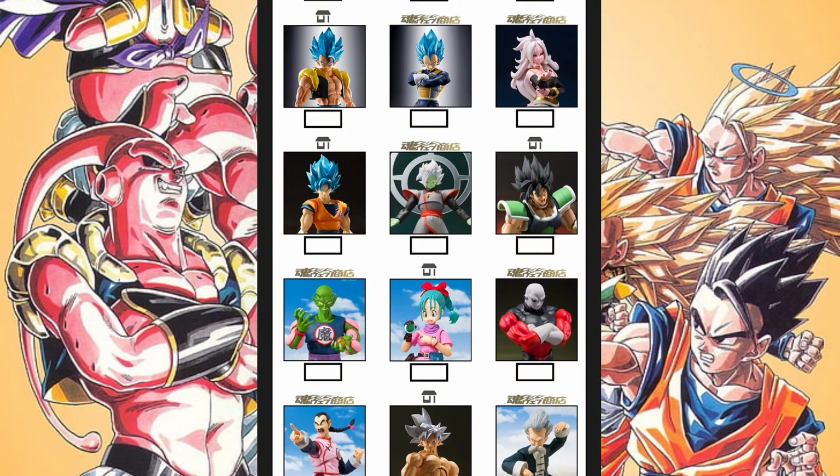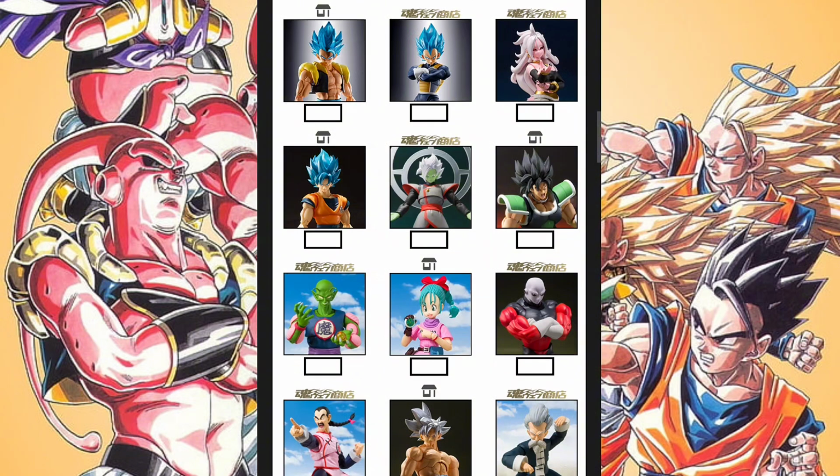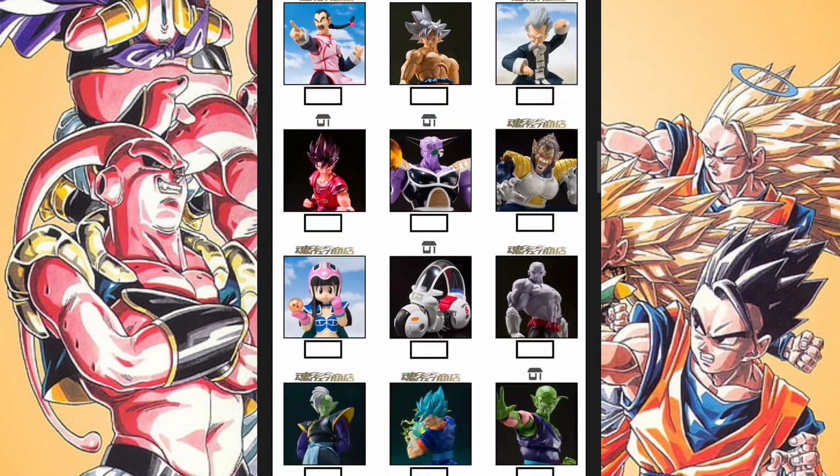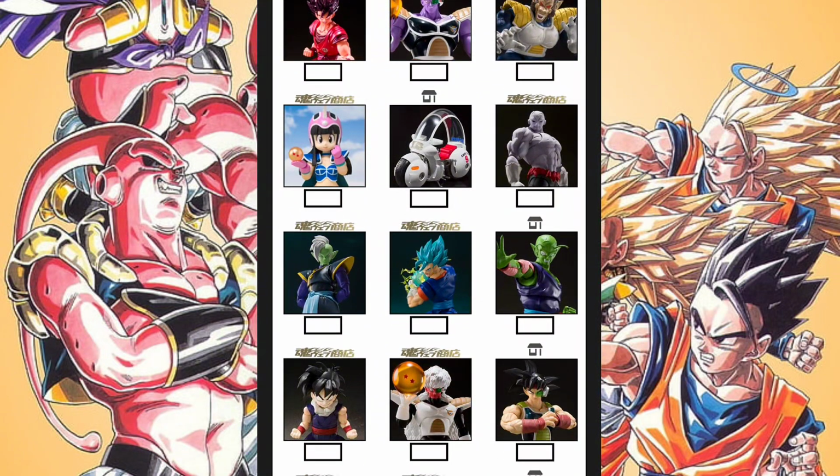Now Majin 21 is important right here. I'm trying to go through this fast because Majin 21 signifies the Dragon Ball Fighters collab, and according to my good man Cyrus, the Fighters collab from the Dragon Ball Fighters roster is meant to be completed. Alright? Okay, Broly, we already know what that's about. Dragon Ball line, like I said, they kind of beat to their own drum, but you can match up whatever you want to match up with. Jiren, Ultra Instinct Goku. And now, for the feature presentation, the modern era, which starts with Kaioken Goku.